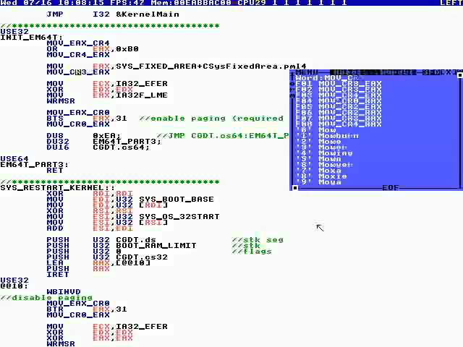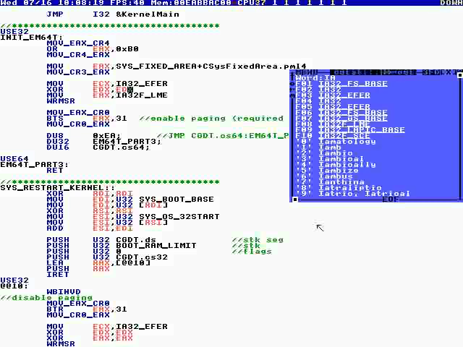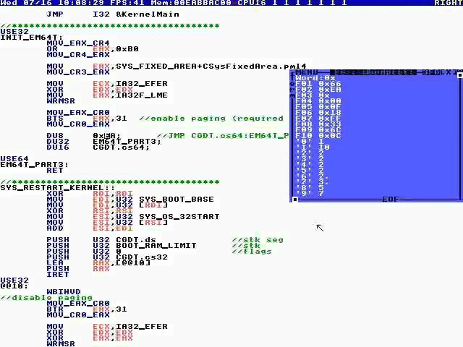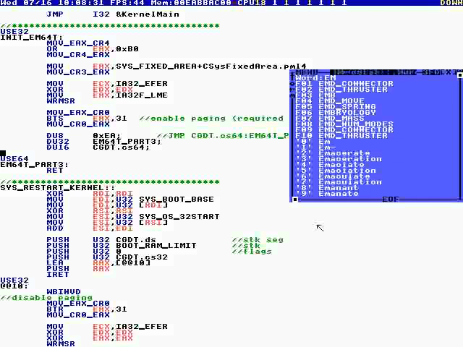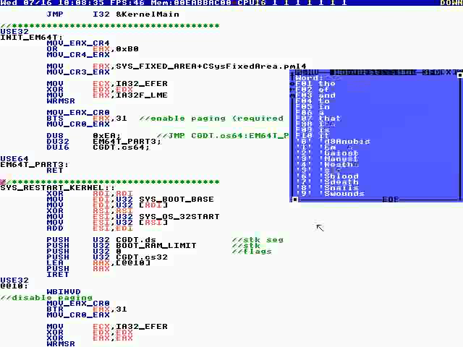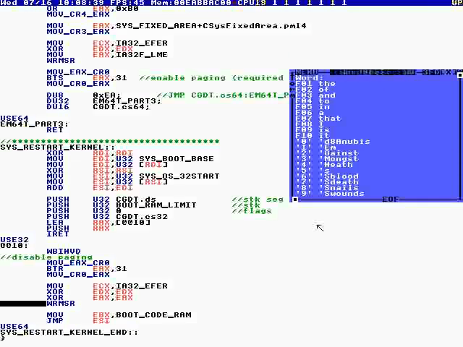So I load the page table into CR3. This is where you write the model specific register. This sets it to 64-bit. Enable paging. I have to enable paging for 64-bit. I don't know if that technically happens when you do this, I think it happens when you do the jump to a 64-bit code segment. And when you restart the kernel, I can do a fast reboot. Anyway,